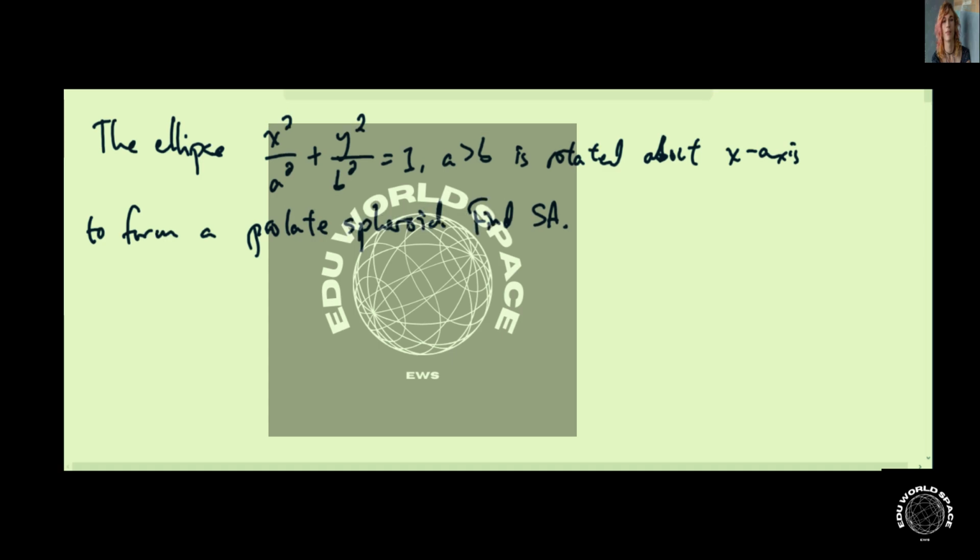In this question, we're asked to rotate a very specific curve around the x-axis. The curve is an ellipse, and what this does is it forms a prolate spheroid. So the first thing we need to do is we should remember the formula for the